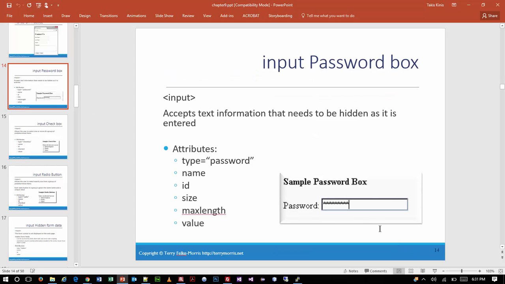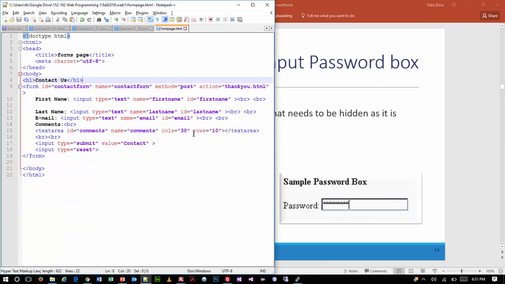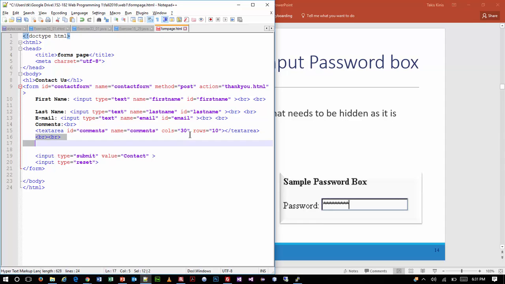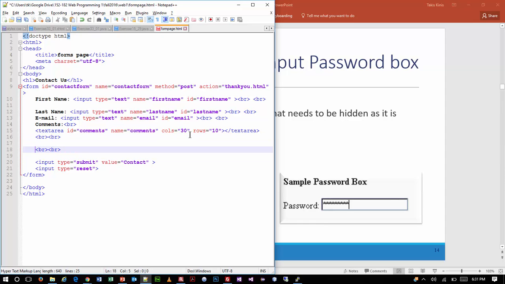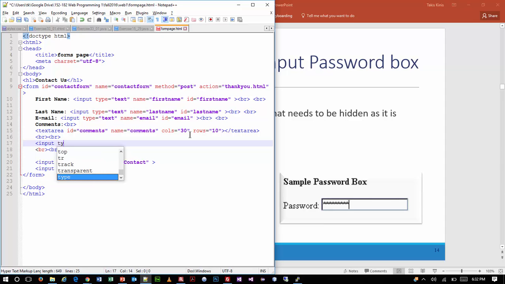All right, I will be putting that back up on the screen. Some more input types to check out. This one's pretty cool. So we have input, now what's fascinating about this